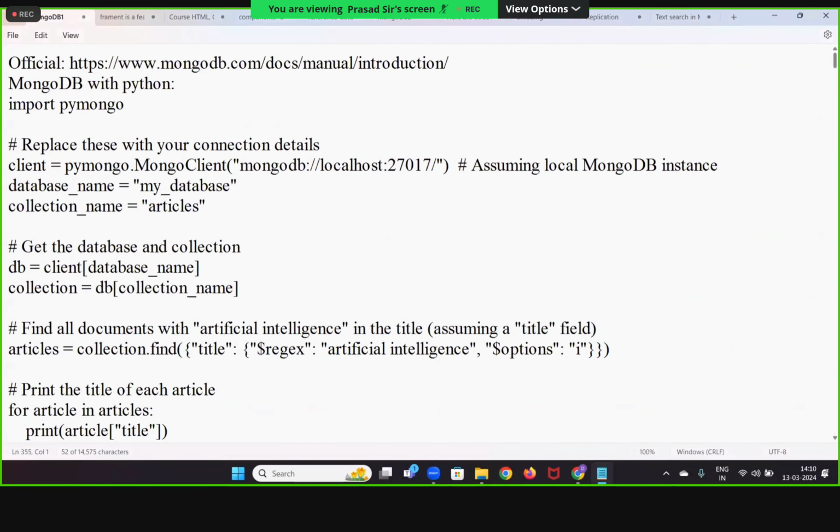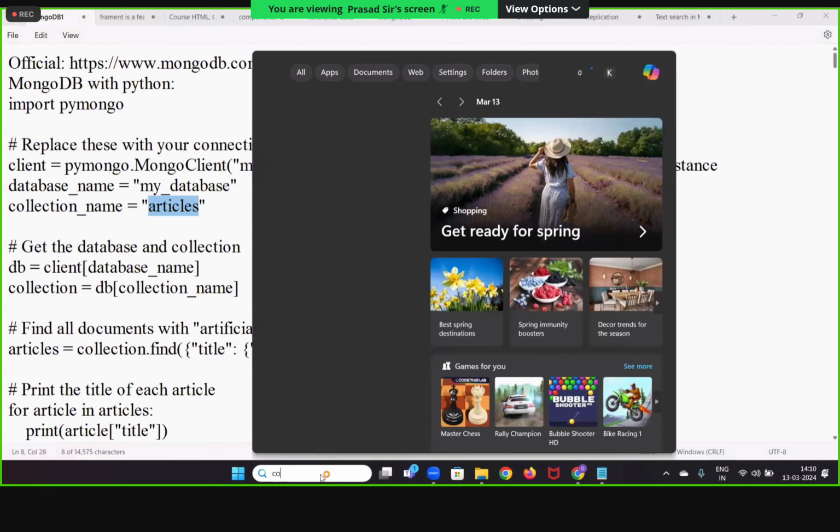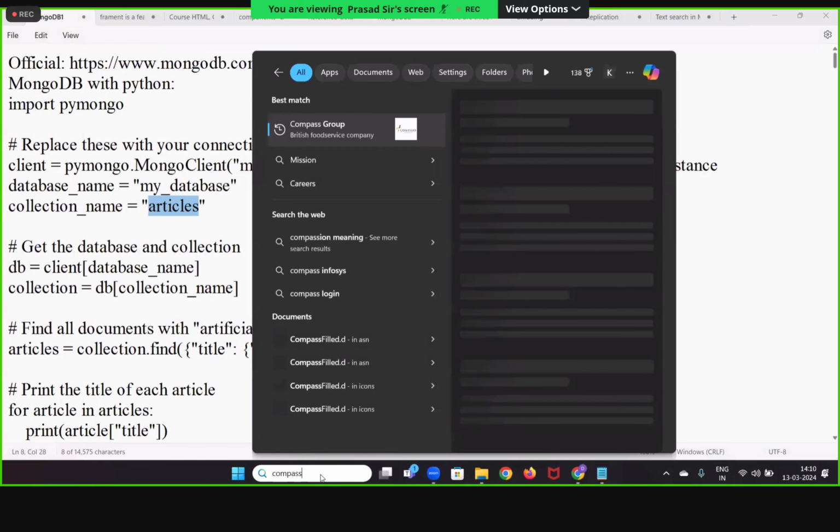Yesterday, I gave you this document. You can check in this document, where I mentioned how to connect to your MongoDB. You can exactly copy and paste it, but you need to change the names here. Instead of the database, you should change the database name here. Whatever the collection name is, put in your collection name, and automatically it will work. Clear? Now, first thing, what you need to do: go to Compass,